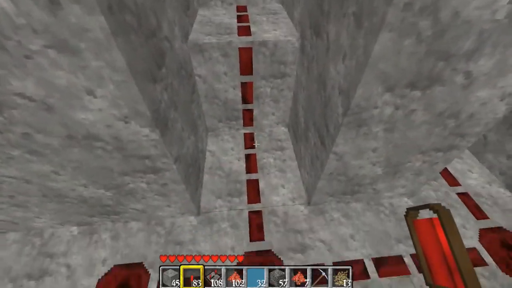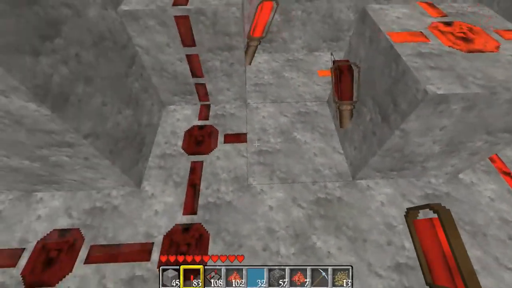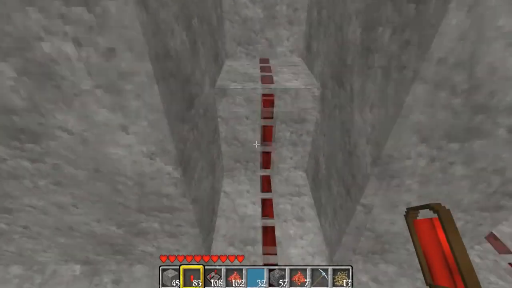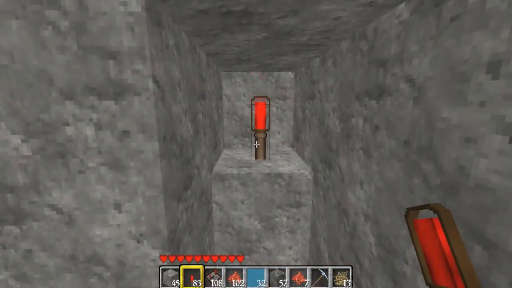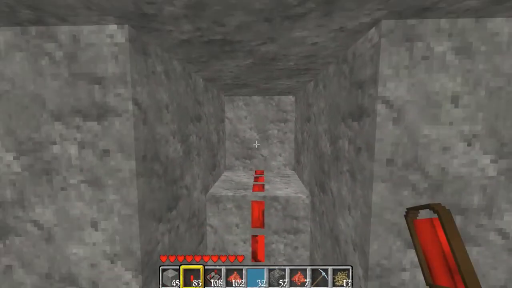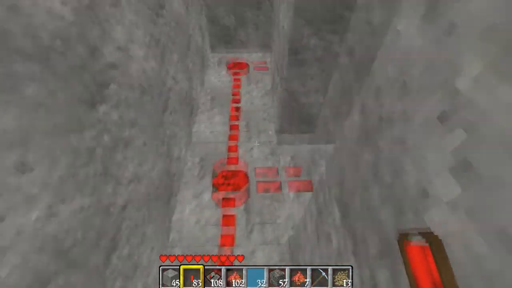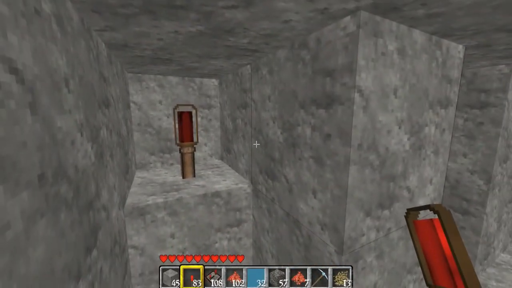So once I hit this pressure pad, it triggers this RSnor latch, where the output's here and the input is also here. So once I hit that, this side's constantly powered, which means that turns off and the door closes. And then the other side's the same. Once I hit this pressure pad up here, this side gets triggered, which turns off this torch, which means this door closes,